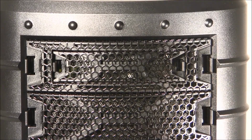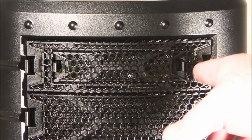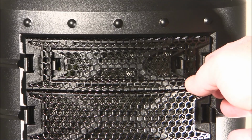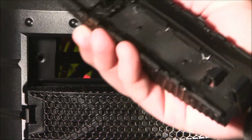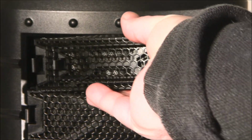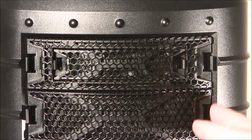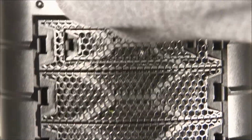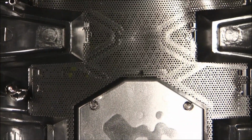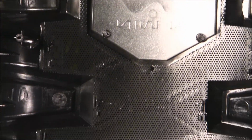And on the front you have 5 5.25 inch drive bays, and the top doubles as a 3.5. And to remove these, all you have to do is push on this little clip right here, and it pops right out. And on the back it has a dust filter. In fact, everywhere on the front bezel, there's a dust filter. Let me just pop this off, flip it around. All of the drive bays have a dust filter, and behind the InWin logo there's a dust filter, and at